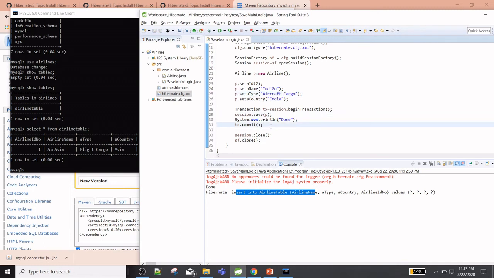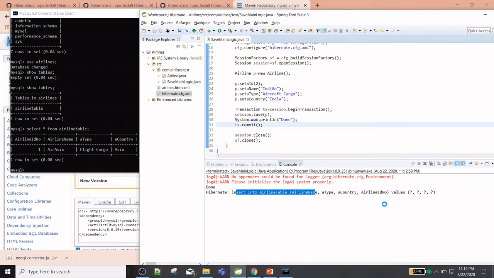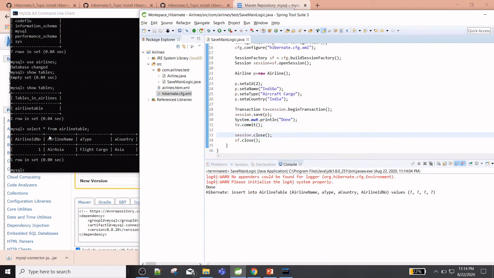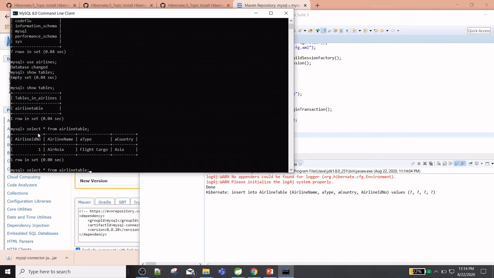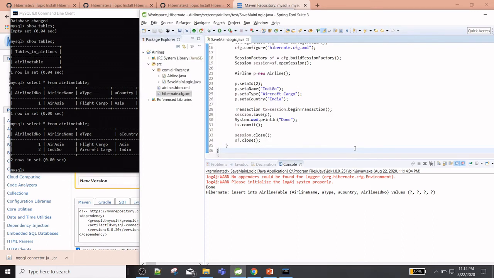So just right click and run as Java application. Record inserted. So just verify. Your record is inserted. So this is the same way with the other logic also.